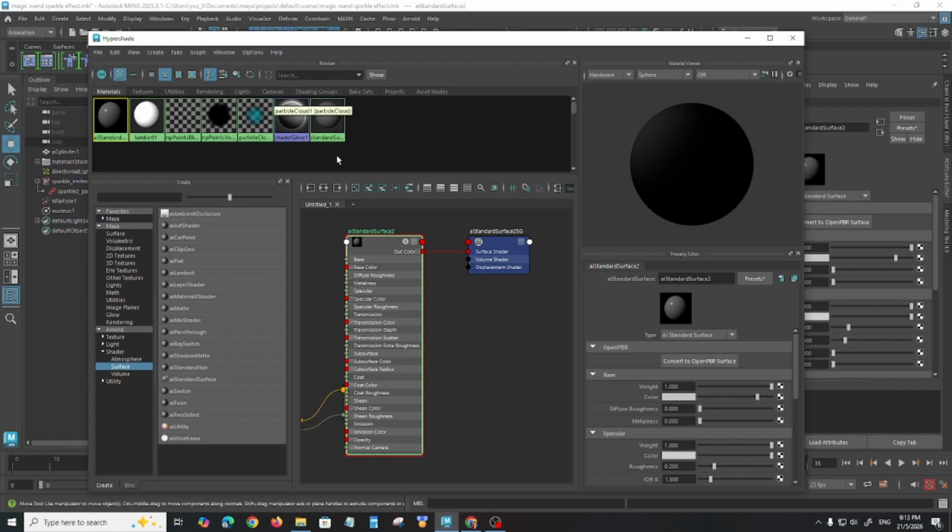This is the material, and then you can rename it. So this will be like sparkle material. Okay,